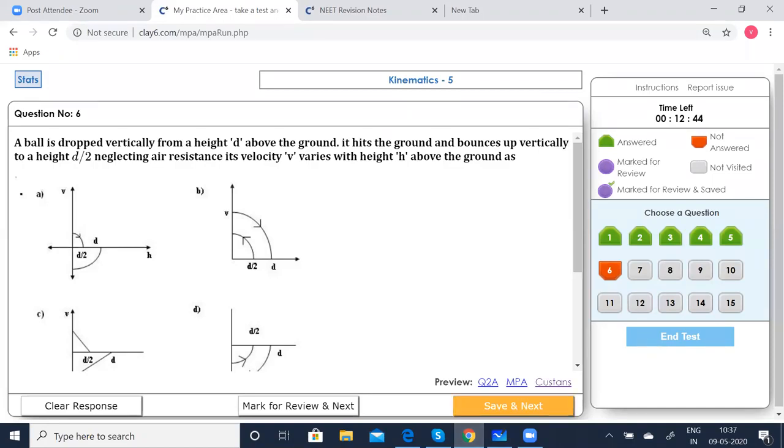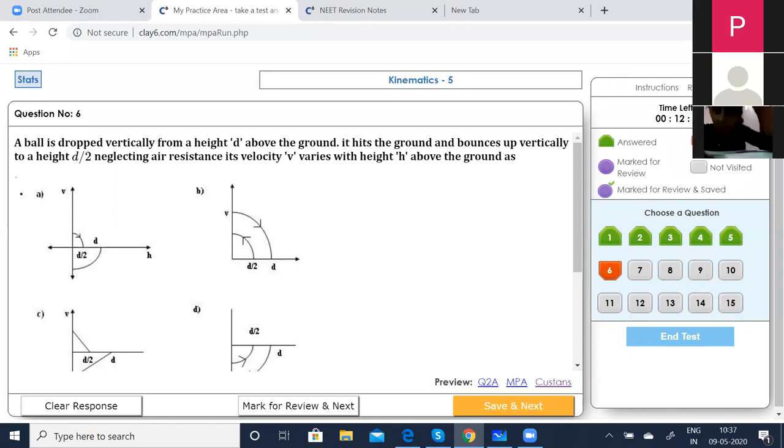It is going to be D by D, so obviously you can see D by 2 at 0, right? And since you can see that it's also going to be a parabolic graph, C cannot be the correct option. It is going to be in the downward direction, so obviously this cannot be the correct option. A also cannot be. So E should be the correct option. Okay, so save that.